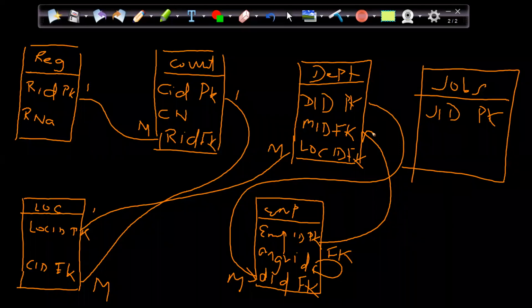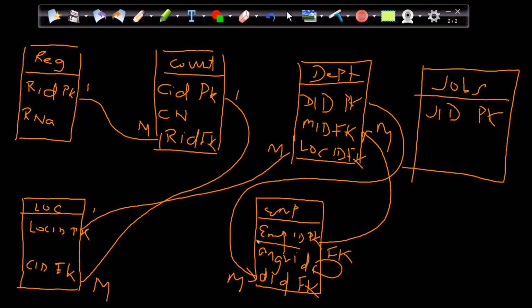Now, obviously this will be one to many also, because I can have multiple employees as the managers, right? Suppose I am an employee, my manager is Mayur, then Kushal is one of the managers for some other employee. Then Komal will be a manager also. Then let's say Sneha is the manager also. Let's say Priyanka is the manager also. So there are multiple managers which are like employees of the company, but at the same time, I can have multiple employees coming to the department table, one to many relation, because I can have multiple managers.